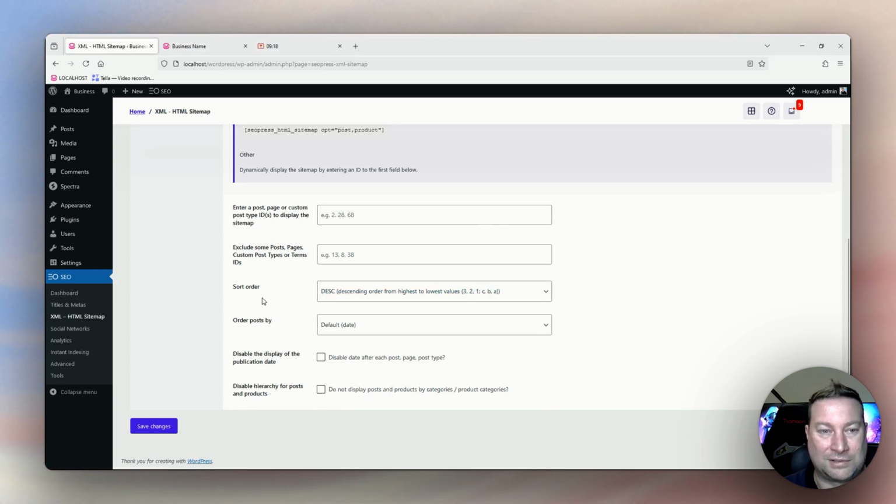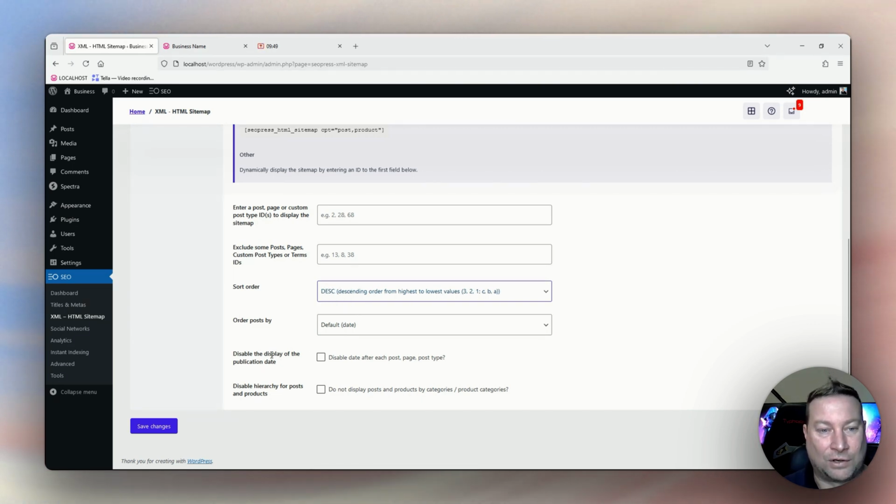You can also set the sort order for your pages and posts to be shown, whether it's ascending or descending in value. And then how you want the posts ordered by. So whether you want it ordered by the date, the post title name, the modified date, the post ID, or the menu order. So the default is by date, and descending order means the most current